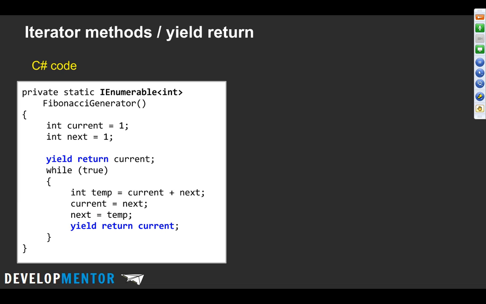For the sake of time, I'm not going to do a demo on this one because it takes a while, but I'll just show you. If I wanted to create a method I can call that does not compute all the values immediately and then return them, but computes them on demand, I can use the yield return keyword in C#. Notice here are all the Fibonacci numbers. This method will give you all the Fibonacci numbers from 1 to infinity, or until you run out of time or memory. Technically it'll overflow the integer and go crazy after a while, but because it uses yield return, it's going to return them all right away.